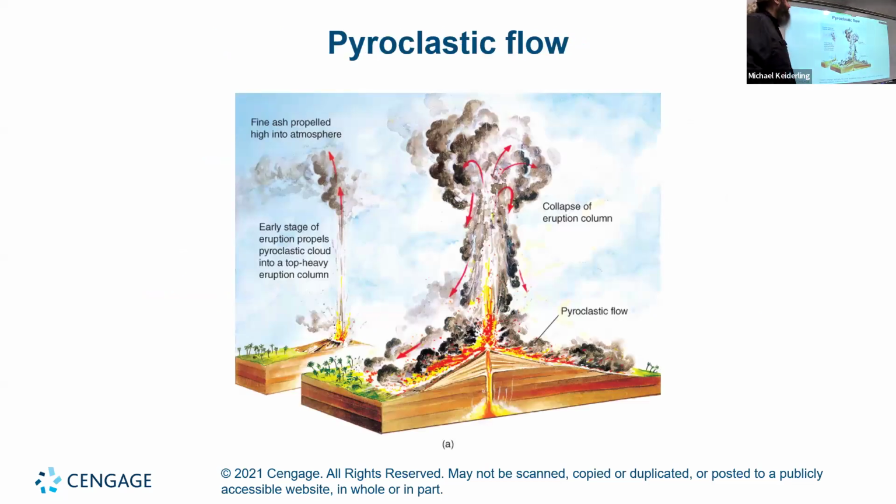And one of the more dangerous things you can get is something called a pyroclastic flow, where you get fine ash propelled high into the atmosphere, and you get a big cloud of ash and rock and hot gas, which gets top heavy and then collapses. And you get a flow down the side of the mountain of ash and dust and hot gas and things